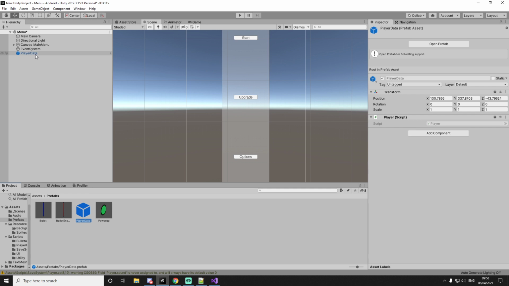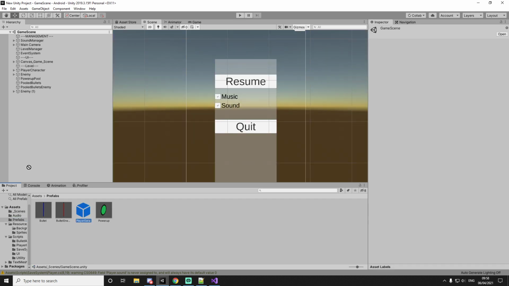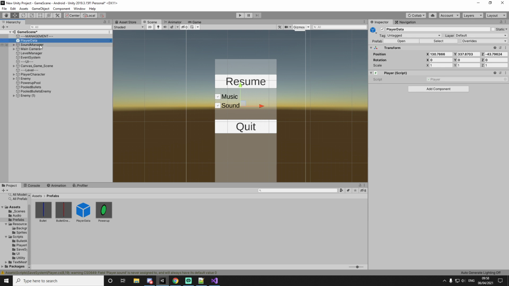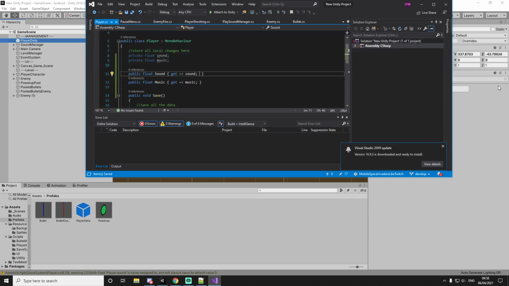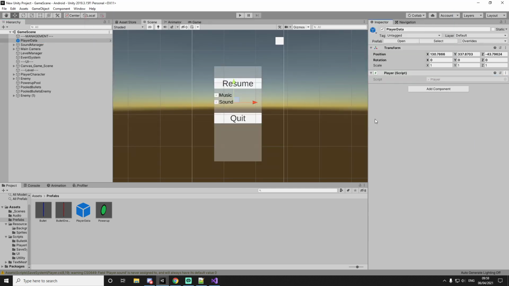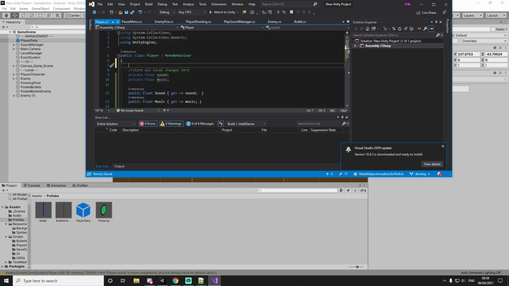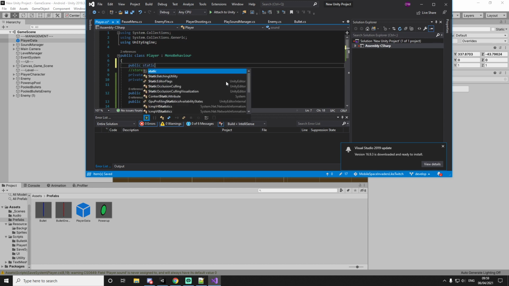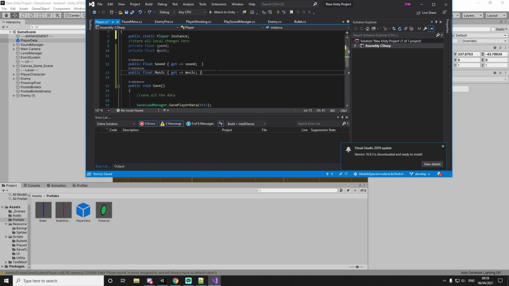Okay, so I dragged this object right in here. And let's go back to our game scene and make sure we do have an instance of our player data in the object. We're going to drag it across to the very top. And what essentially has to happen is we need to have easy access to the player script. So we will make it an instance, and actually this is going to be a little bit of a different one because we will want this object to carry over across all the scenes. So let's create public static player instance, and in the awake function